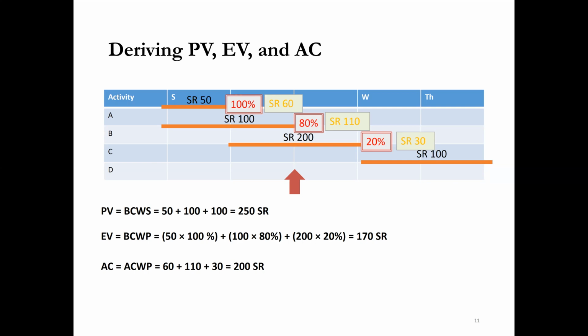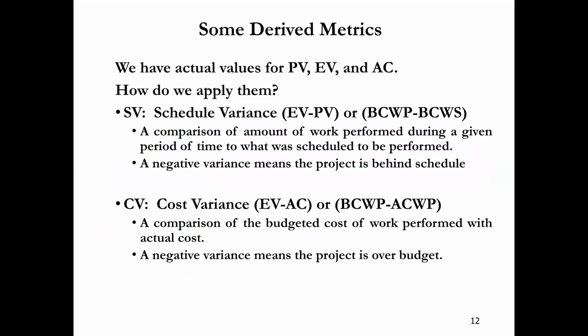PV is the budgeted cost of work scheduled. EV is the budgeted cost of work performed, and AC is the actual cost of work performed. So we have the final three values. Now, with this understanding of PV, EV, and AC,